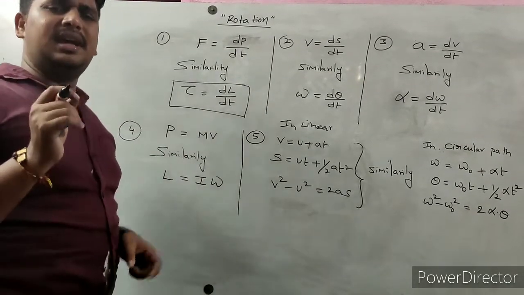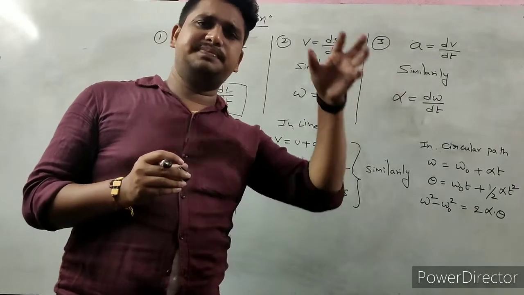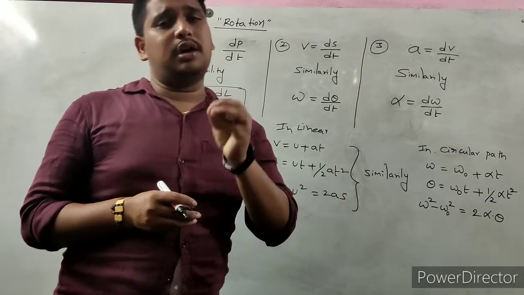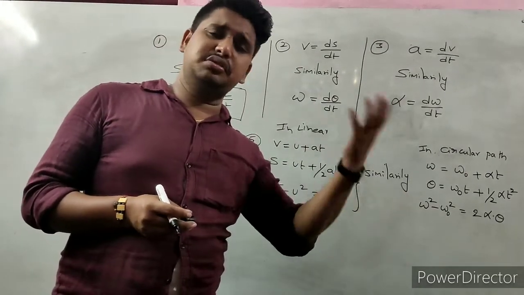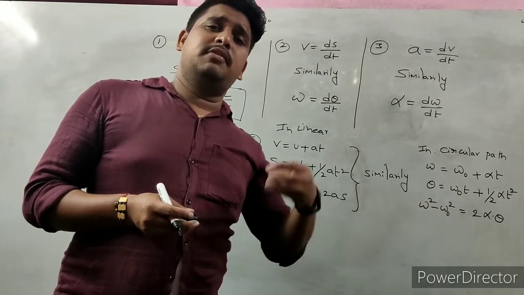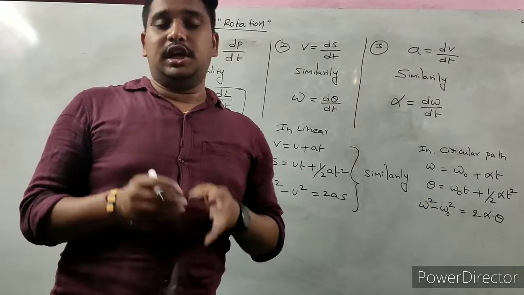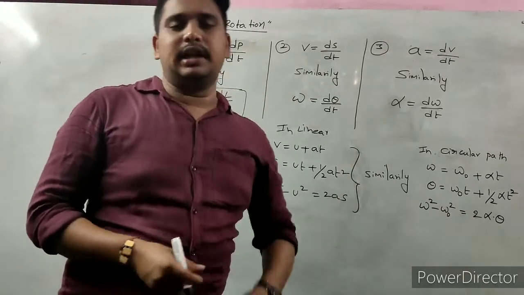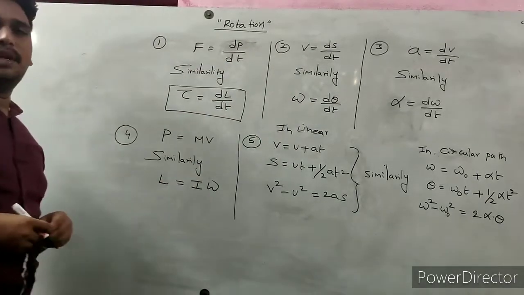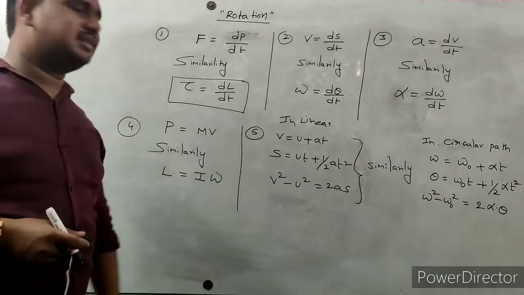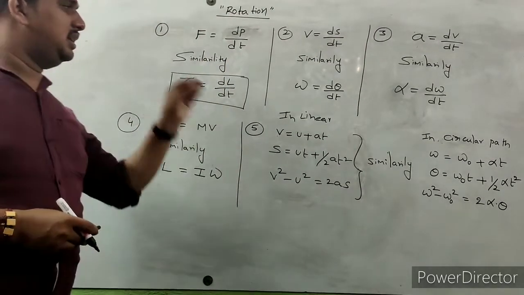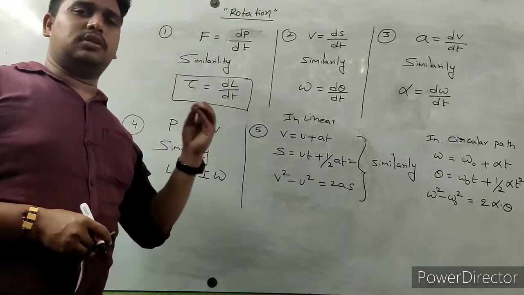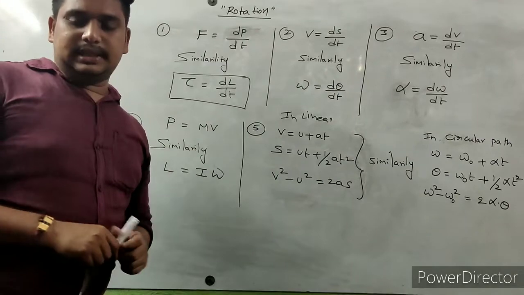Simple thing here. If you know the representation of physical quantities in angular form, that means circular path, and if you know the formulas of linear motion, it is easy to write the formulas in case of circular motion. I hope you all understood this. Some problems are asked related to these formulas, so please note down these formulas carefully. Next we move on to the most important topic, so please watch the lecture till the end.